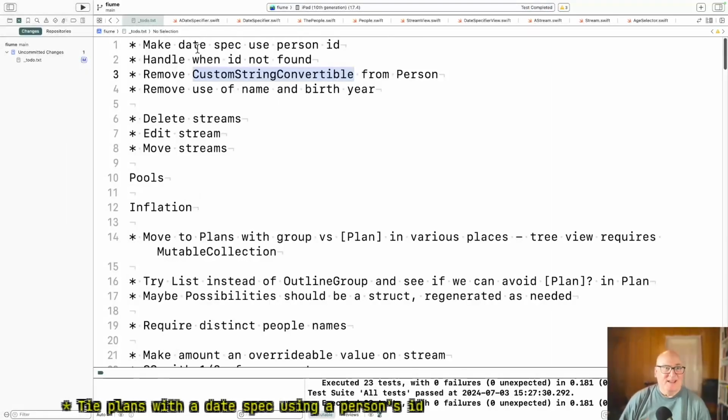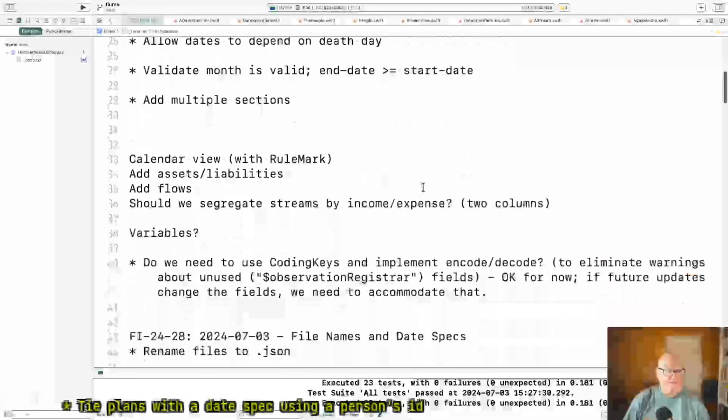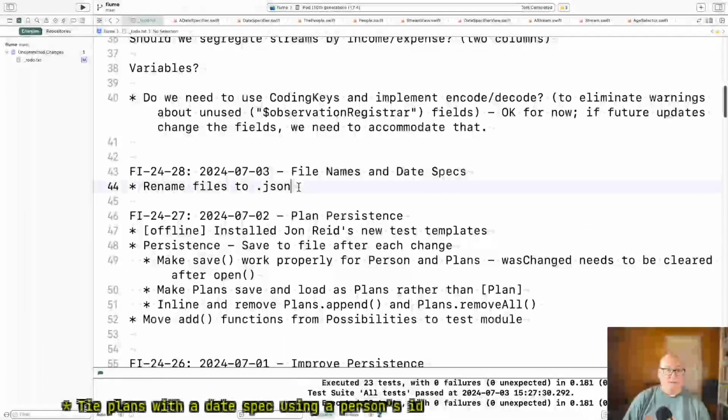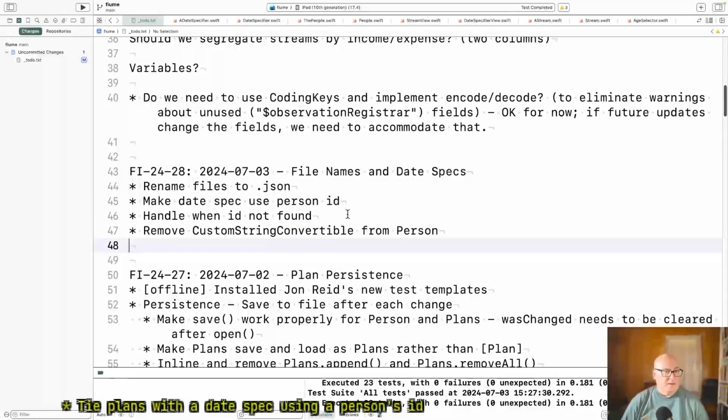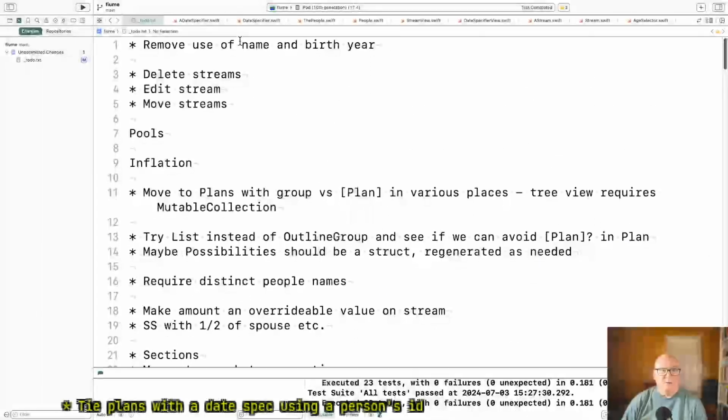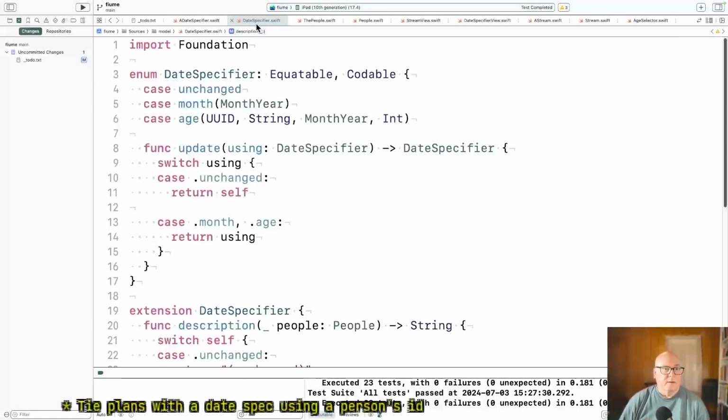Welcome back. I've looked at our to-do list. So make date spec use person ID. We did that. We handled ID not found. We removed custom string convertible. So let's get those in. And now remove use of name and birth here. All right, now my hope is nobody's using them.